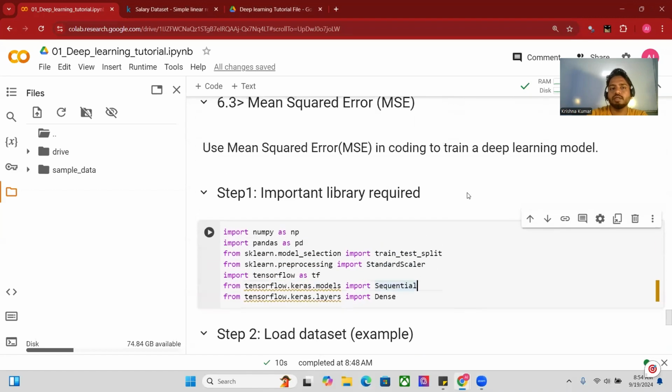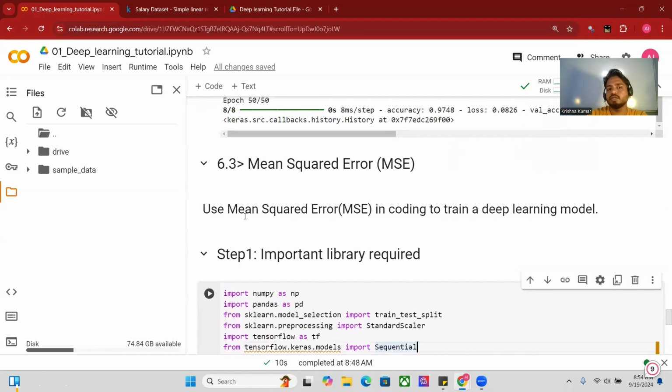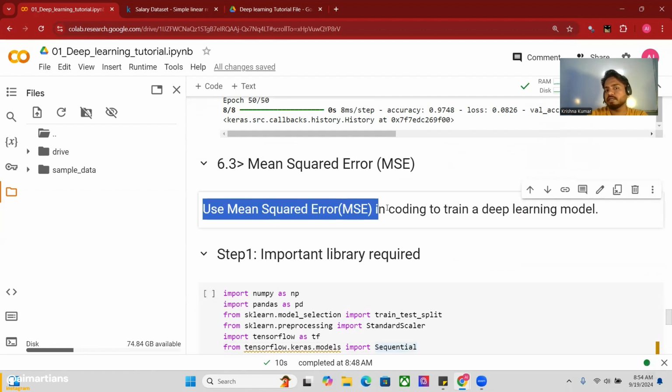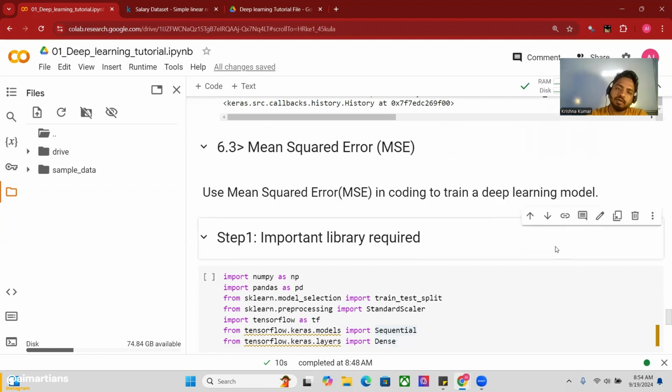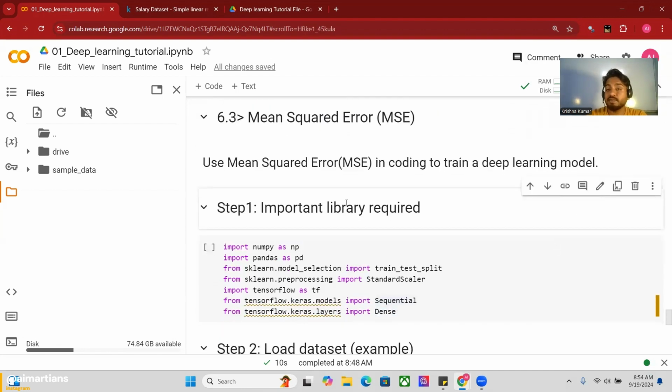Here I have mentioned how to use mean square error, MSE, in code for a deep learning model. There are some steps I have introduced. Step one: first of all, I have to import the required libraries. But the most important thing is data. I don't have data right now, so how can I get that data? I simply went to